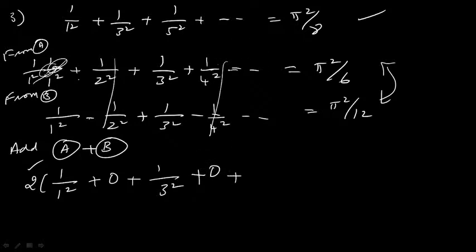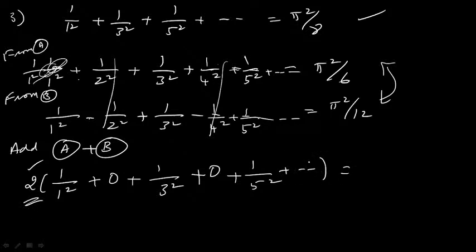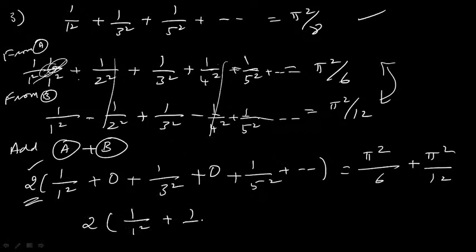And then next plus. What is the next term of this series? Plus 1 by 5 square plus etc. Here you have plus 1 by 5 square, because the signs alternate positive, negative, etc. So you get 2 times 1 by 5 square, with 2 common and taken outside, plus etc. You just write the first 3 terms of the series. That is equal to pi square divided by 6 plus pi square divided by 12. You just add both left hand side and right hand side. So twice 1 by 1 square plus 1 by 3 square plus 1 by 5 square plus etc. is equal to, here if you take an LCM,